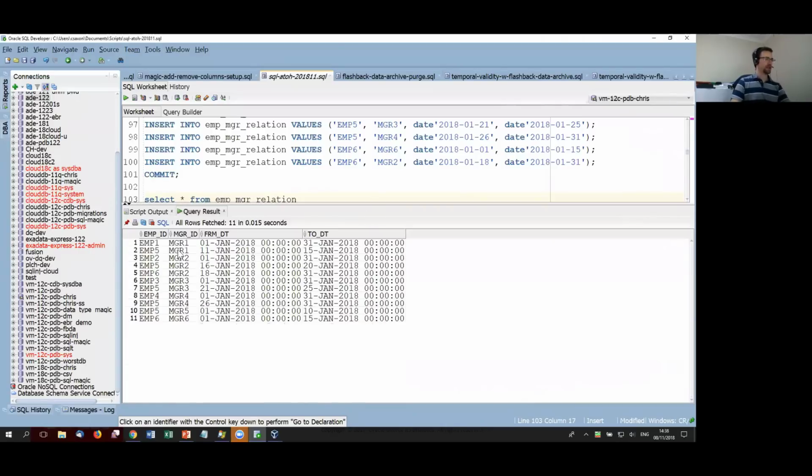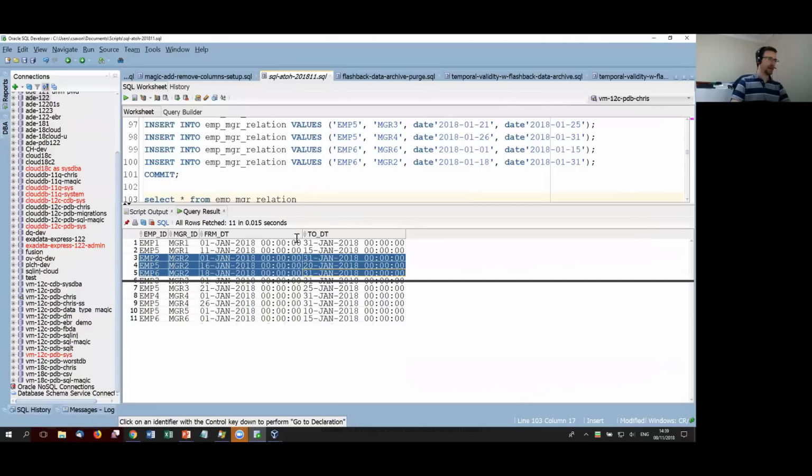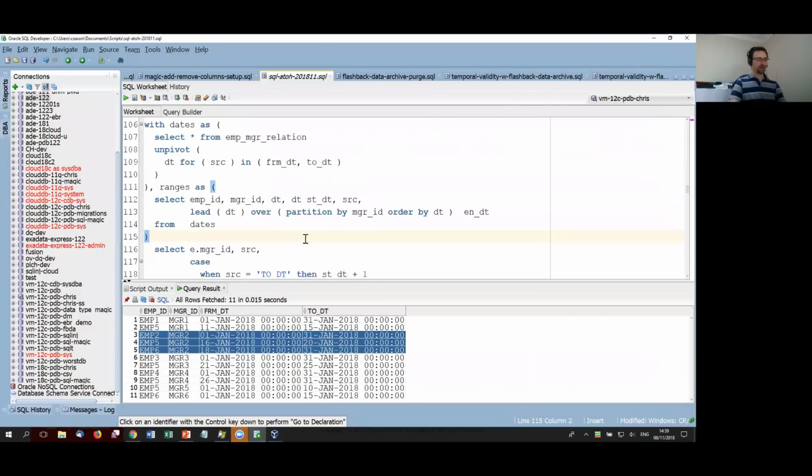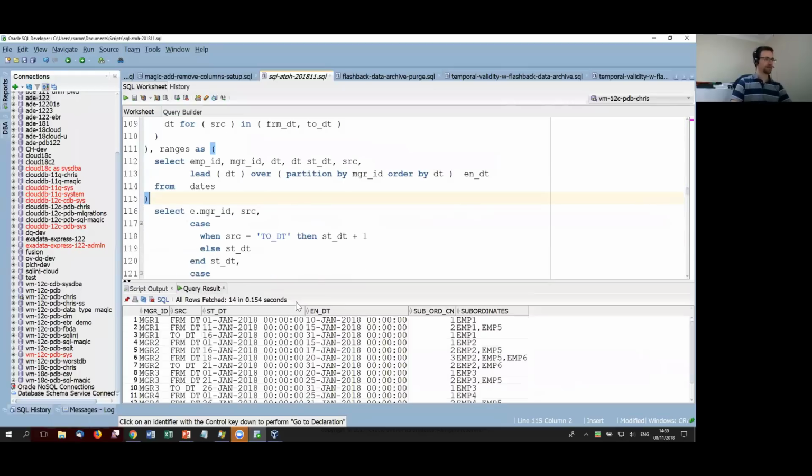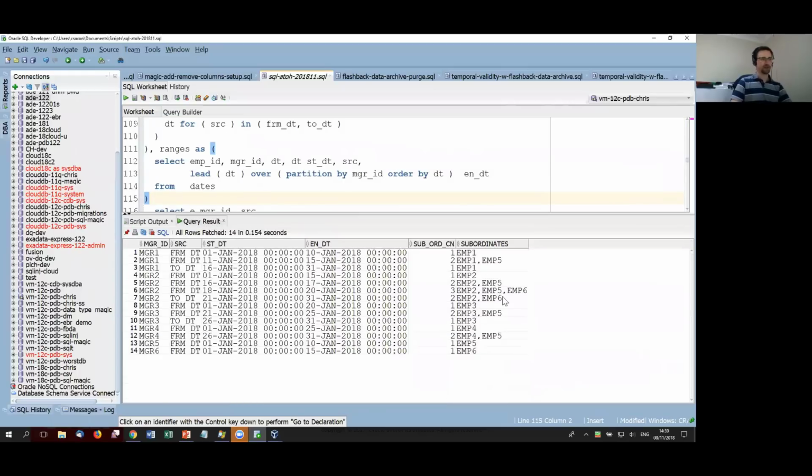So we can see we've got various manager rows for the manager. Manager 1 has 2 employees at various points. Manager 2 has 3 employees at various points, and so on. And if we run our query like this, we can see we've now got everyone reported like so. We've got the count of how many there are and the comma separated list. Now, as I said,